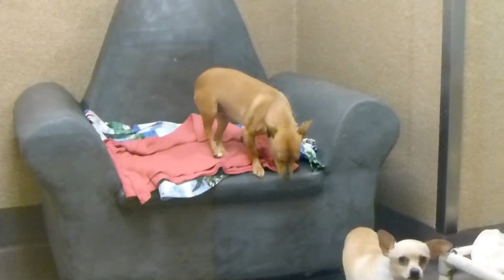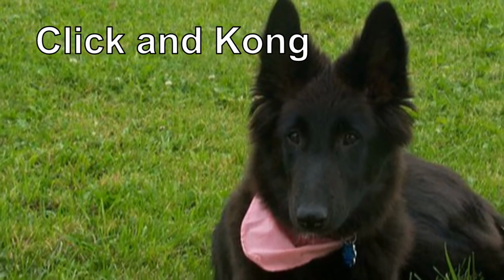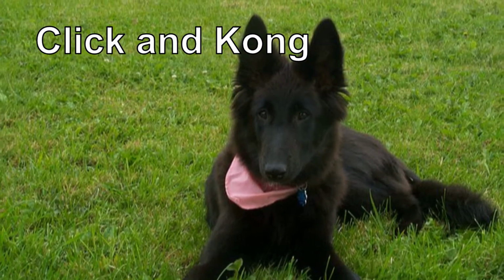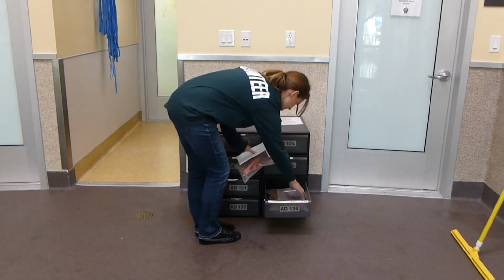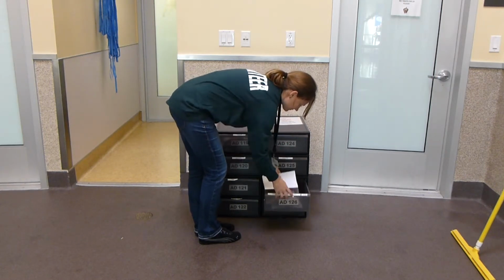We know that it can take time to get used to navigating our center and learning all the rules, so we have designed a step-by-step training process to prepare those of you who will be doing TLC. For the first 8 hours, you will not be taking dogs in and out of the dorms for TLC. Instead, you will be a click and Kong volunteer doing basic housekeeping duties like making sure each dog has an assigned collar, harness, and leash,